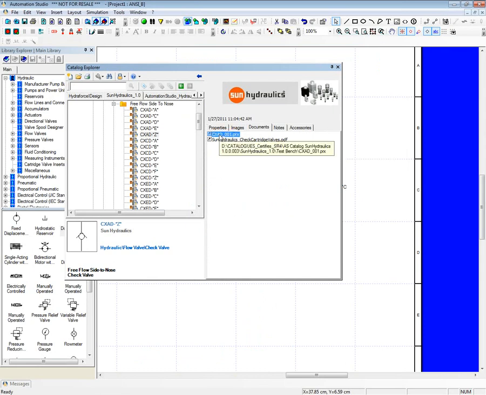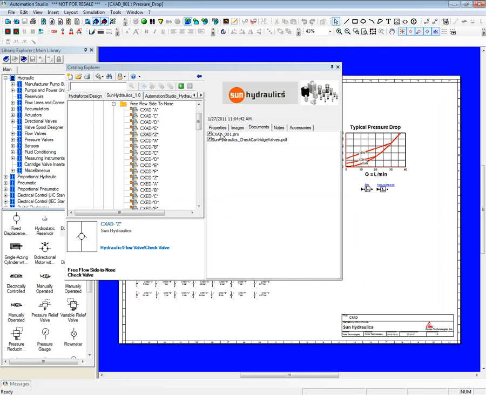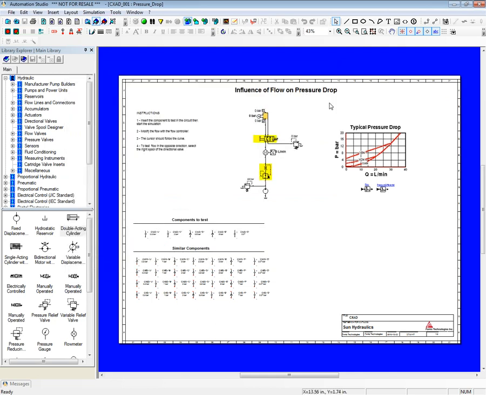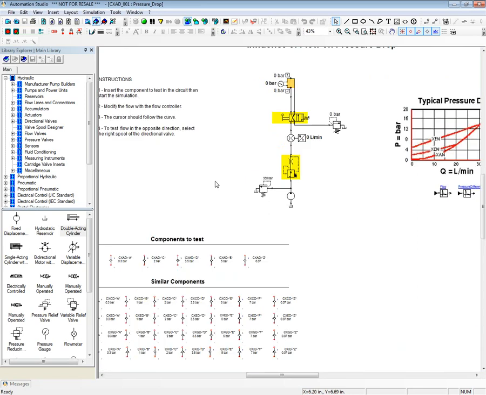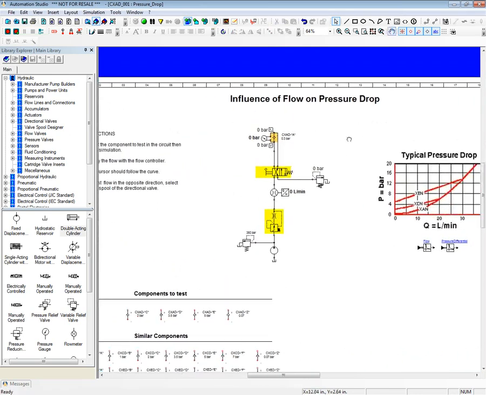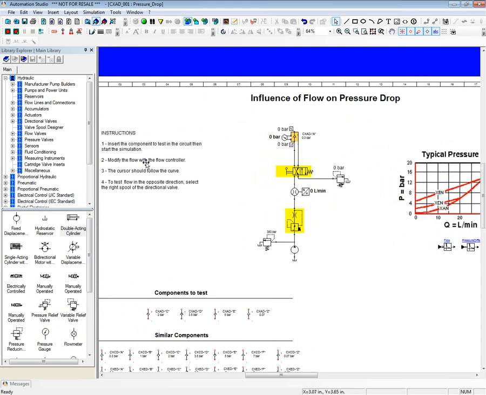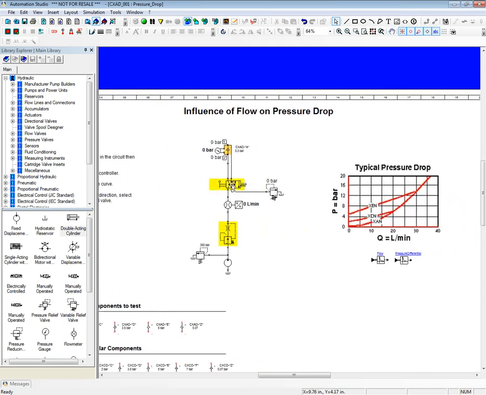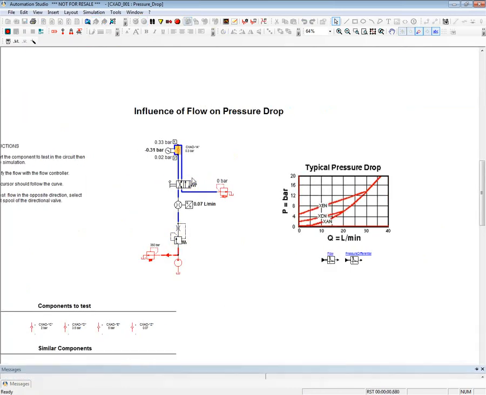The first file I've got right here is a project file from Automation Studio, which is named according to the part number of my component. If I double-click on this one, we'll see we have made a test bench to check if the behavior and the technical properties of our component were modeled correctly. At the bottom left, we have different components that we may include in the test bench to check if they behave correctly. If you follow the instructions here on the left and actuate all the different components, which usually have a yellow background so you know where to click,